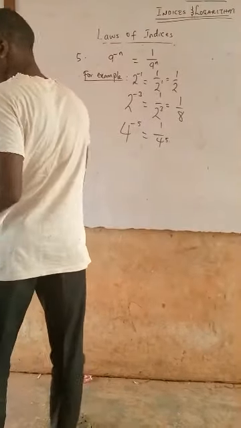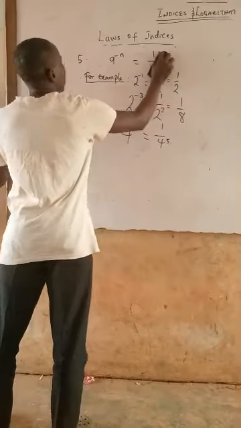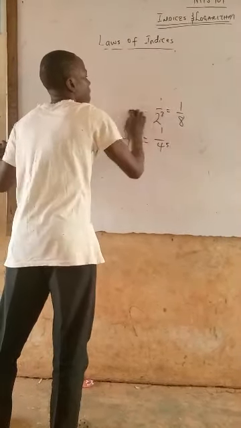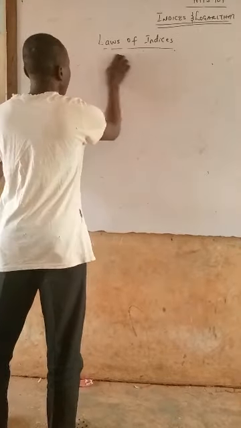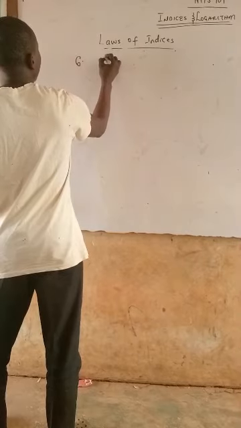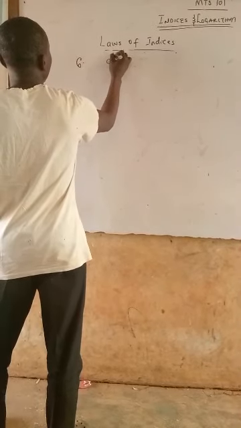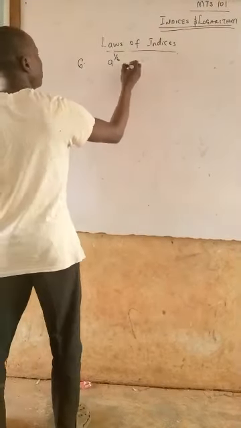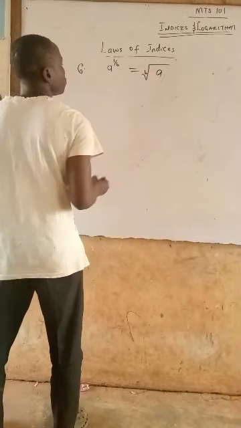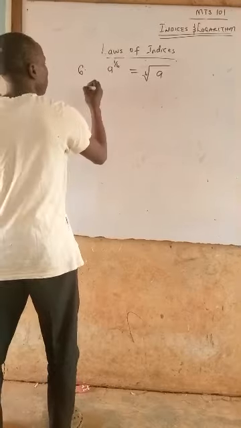That's that. And the next rule I'll be explaining, that's the 6th rule. We have a raised to the power of 1 over b. This is the same thing as the b-th root of a. Now, for example,